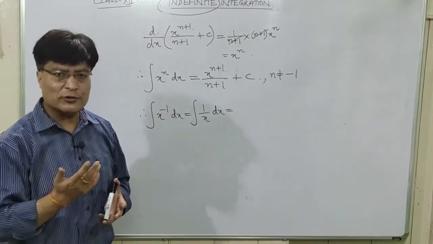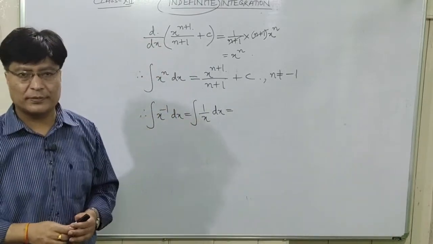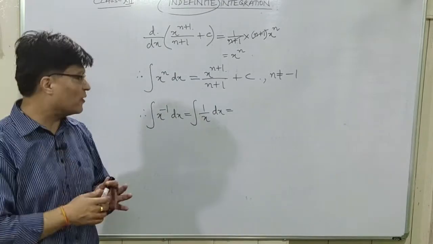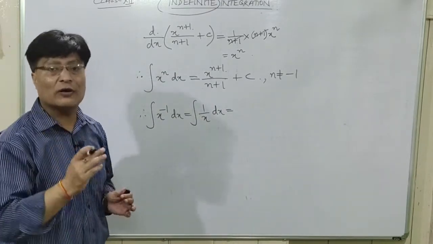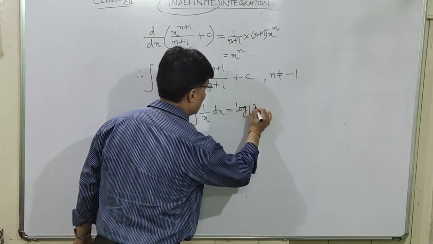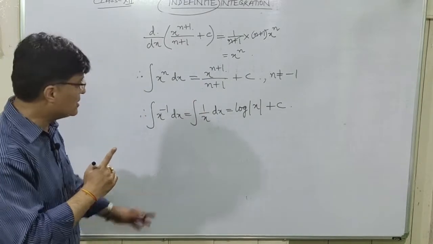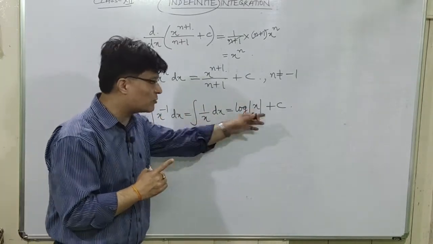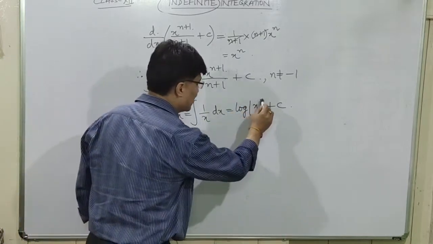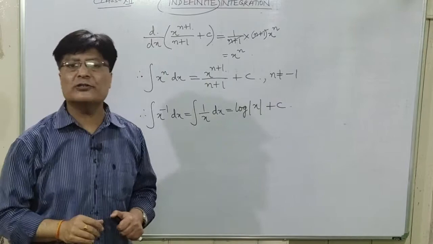त हामी आफै आफ क्वेशन गर्न सक्छौं, कुन चाहिँ फंक्शन को डिफरेन्सिएसन चाहिँ 1 by x हो. डिफरेन्सिएसन of which function is 1 by x? कुन चाहिँ फंक्शनको डिफरेन्सिएसन 1 by x हो? log x. So here you should write log within mod x plus c. त अब यो इंटीग्रेशन indefinite integration हो, you have to write down c also. त मैले यो x लाई within mod sign किन लेखे? within mod sign x भनेको x भएर जहिले पनि पोजिटिभ हुनुपर्छ,